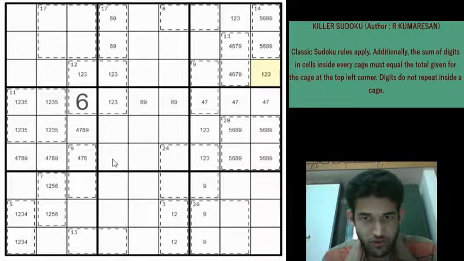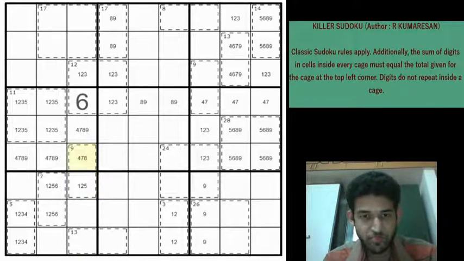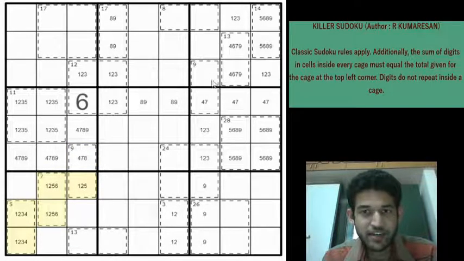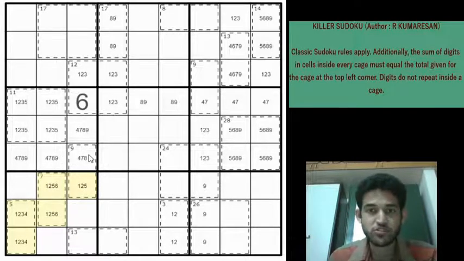Okay, so we have marked a 4, 7 or 8 for this 9th cage. Let us see if we can eliminate some more possibilities. So this can only be 5, 2 or 1 depending on whether this is 4, 7 or 8. Right? Okay, so you have to basically interact these cages. It's kind of difficult to see, but the fact that no other information is in the grid, either in the form of givens or any other straight digits, should make you think that you have to interact digits to see if they are helping you. This often helps in tough killer Sudokus, guys.